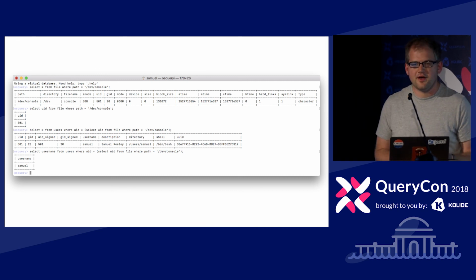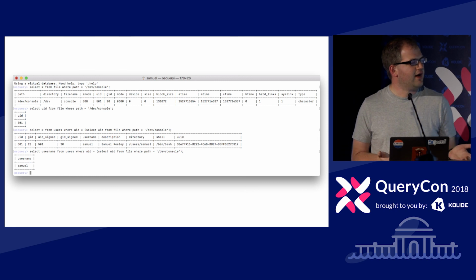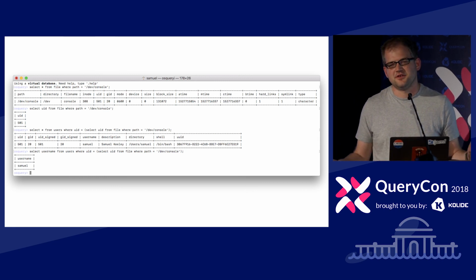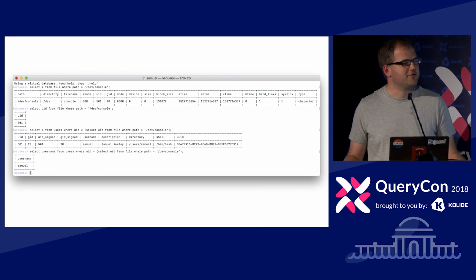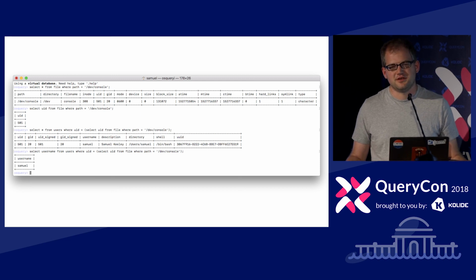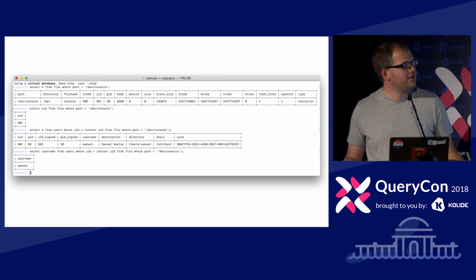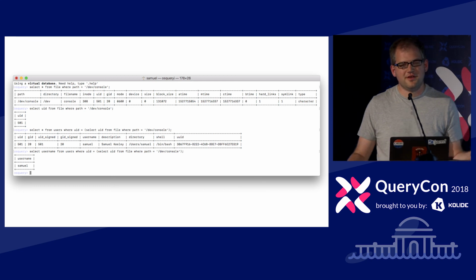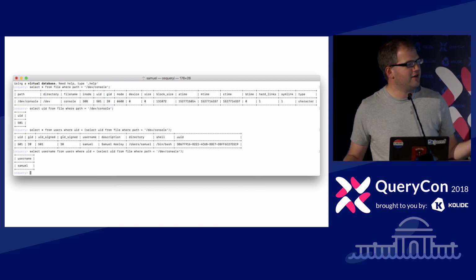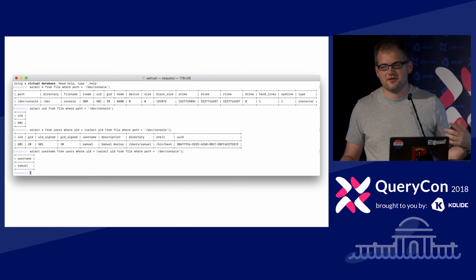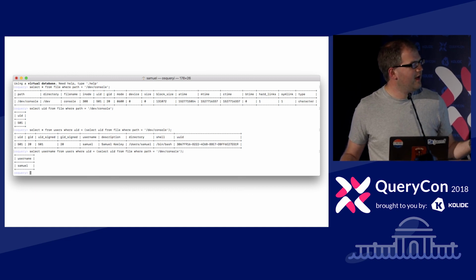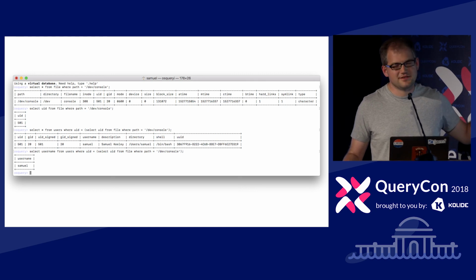Now on the Mac, the file dev console is always owned by the current user of the machine. So if we look at that file using the files table, we can feed that file in and find out who the user is, who the owner is of that file, and we can find out what the UID is.